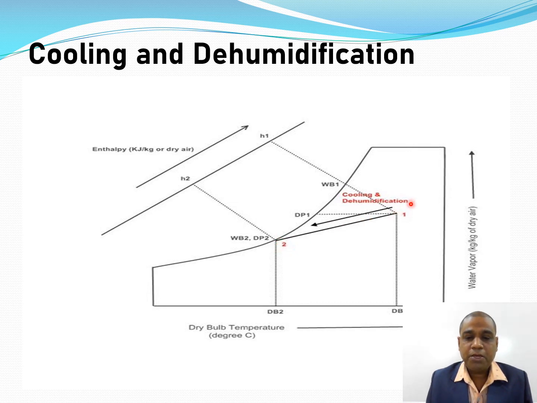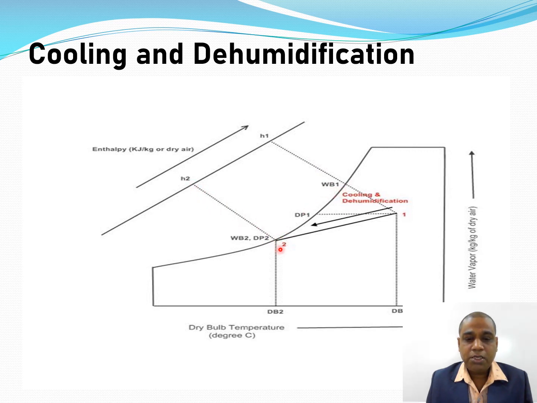The arrow given is the process path followed, and this is the dry bulb temperature dB1, and after processing this is the dry bulb temperature dB2,